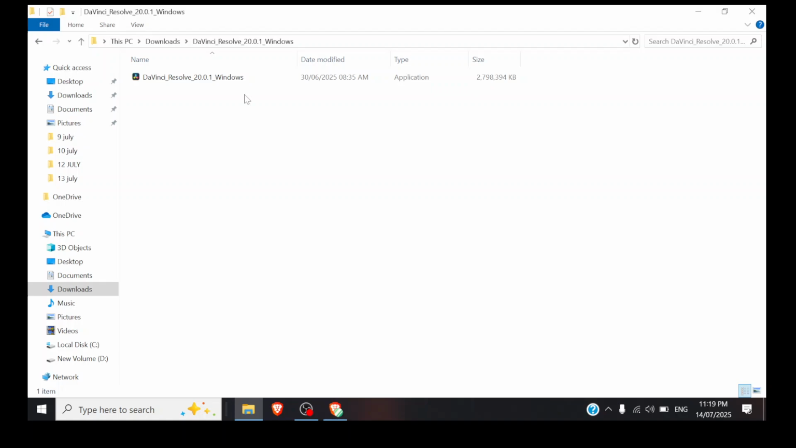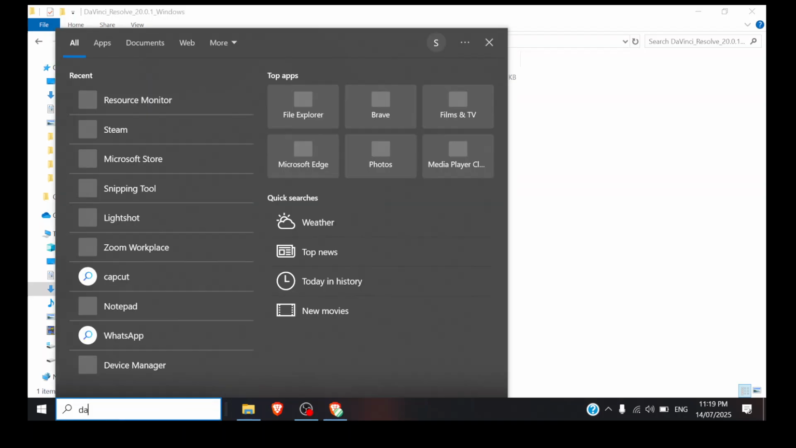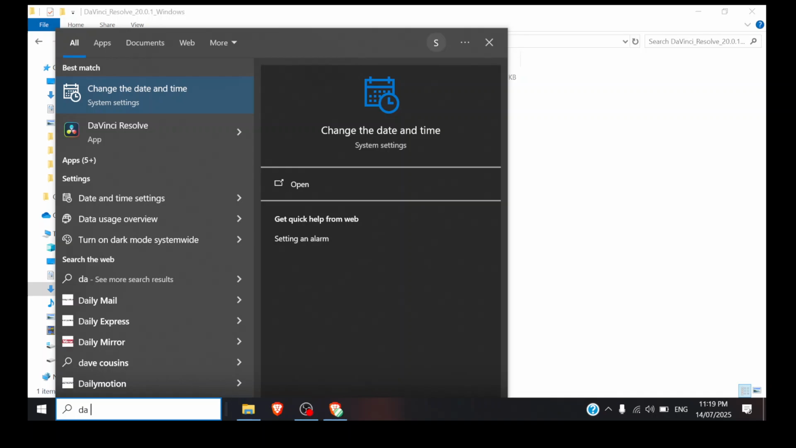Now press the search bar at the bottom of your screen and type DaVinci Resolve, and all you have to do is open the program, and there you go, the DaVinci Resolve is ready to use. I hope this video helped you a lot,